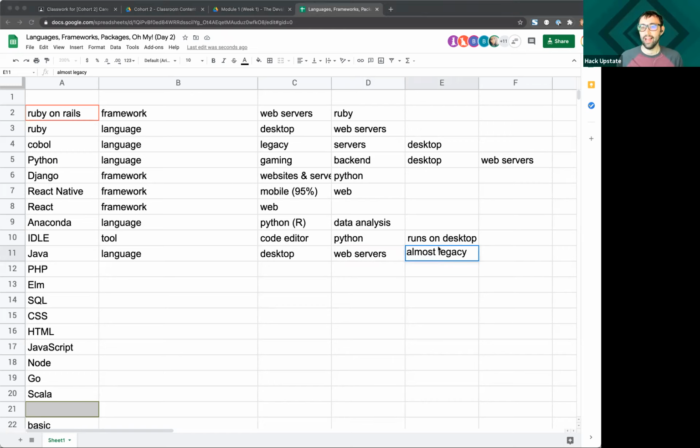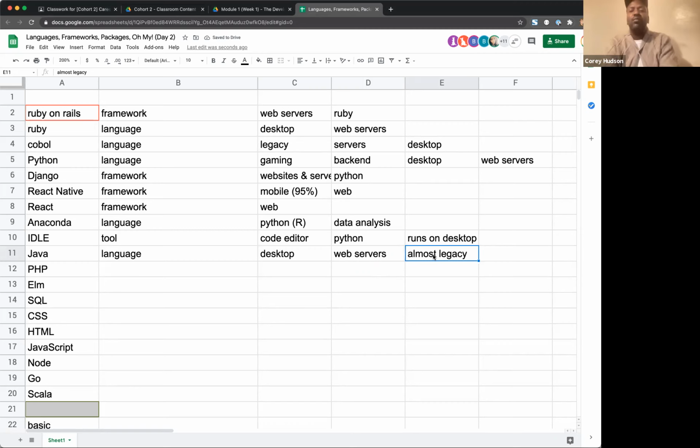Almost legacy. That could be debated. Legacy, I will label that as it's on its way out. Java is in the top 3 in terms of beginner programming languages. Java, JavaScript, and Python are the 3 most popular ones.